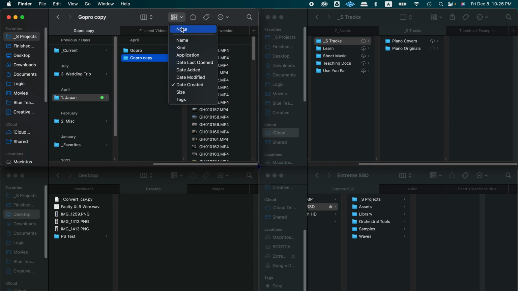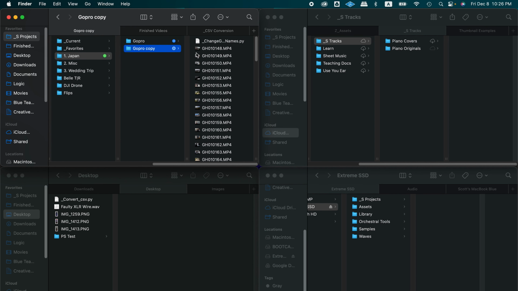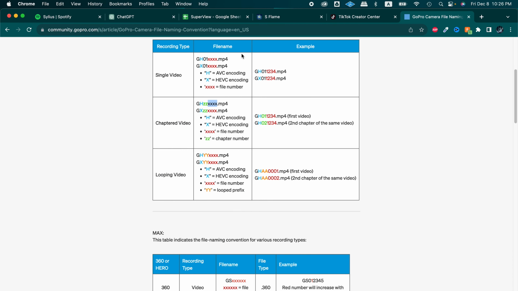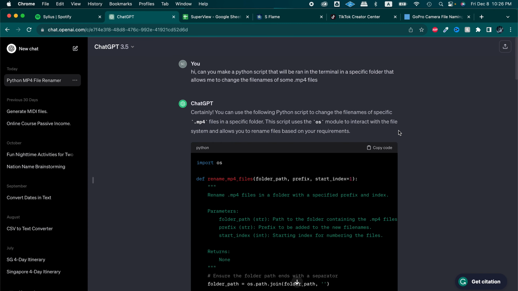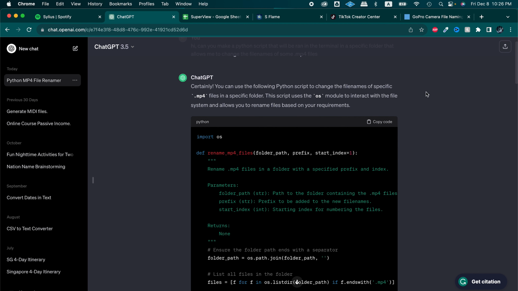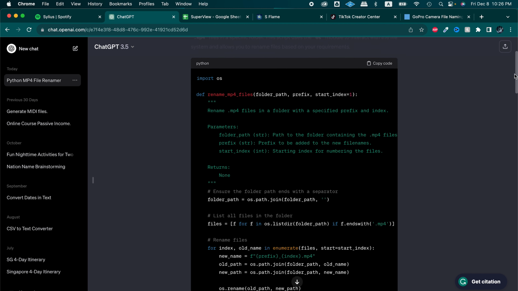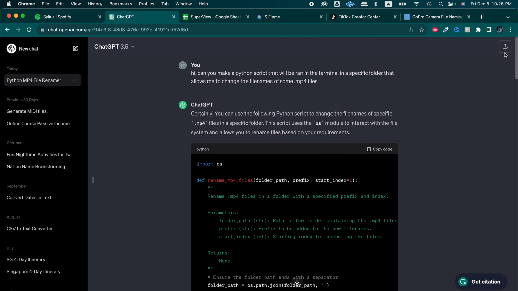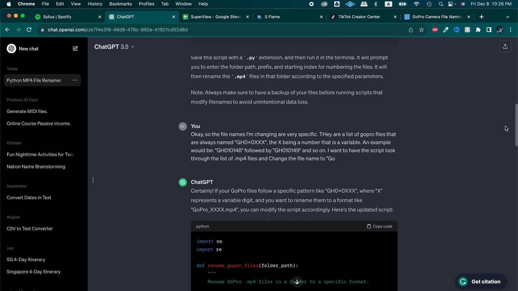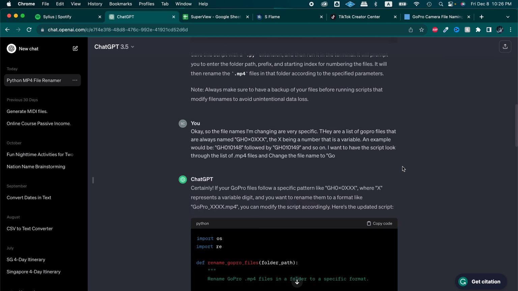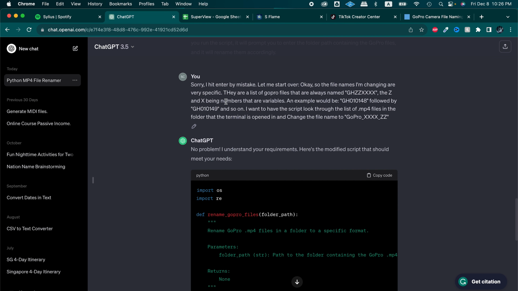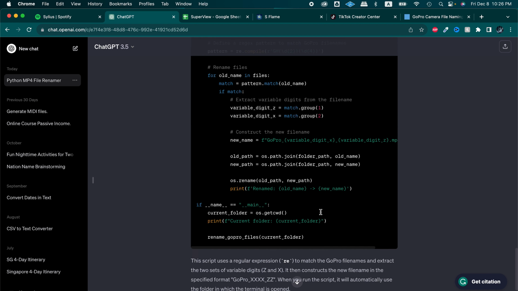It might be a little complicated if you don't know how to use the terminal, but what I did, and I'm thankful for ChatGPT, is I basically just told ChatGPT to help create a Python script to rename all the MP4 files. At first, I was kind of broad, so this is nothing, and then I made a mistake where I accidentally hit enter too soon. But then this line right here pretty much gave me everything I needed, and they gave me this code,